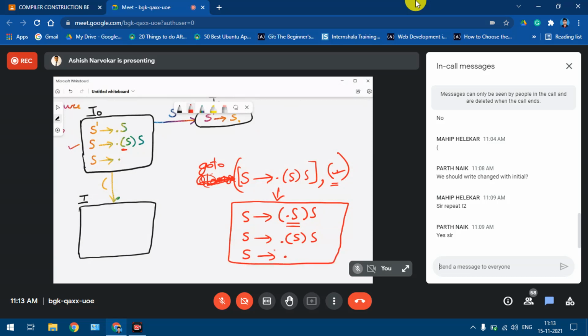This is the same thing that I wrote over here. What I did, I applied a goto. To formally write it, it is as good as writing goto the state I0 on an open bracket.